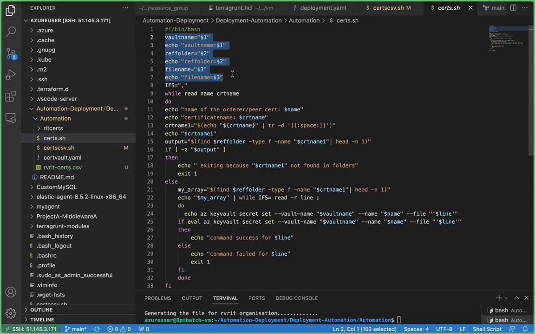You're just parameterizing and tagging. The first parameter you are tagging as a vault name, the second parameter as a reference folder, and the third one as a file name parameter. This is an echo command only, just to print what exactly the value is. All right, so in the next one,